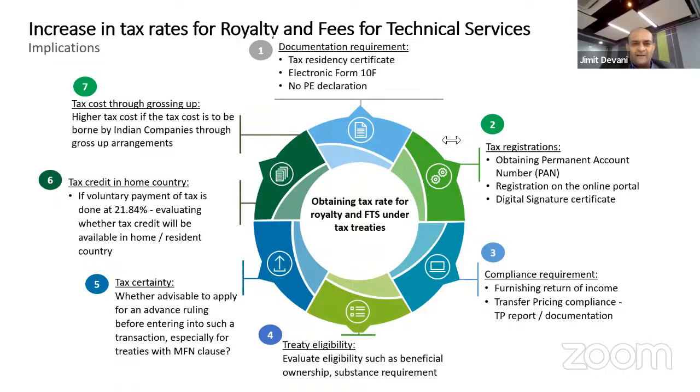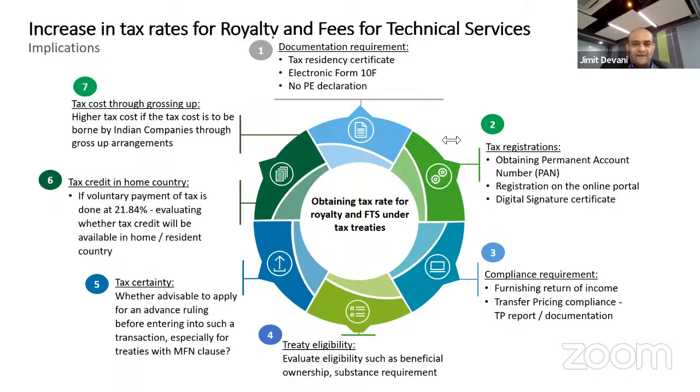Why is the grossing up of payment done by the Indian company instead of the foreign company? Because it's a commercial thing. Foreigners are in a bargaining position. They will say, I don't mind rendering you services, but I need my full payment. I don't want to pay any taxes in India. If there are any taxes in India, the Indian company will have to bear them. And commercially, the Indian company, because they are in need of those services, because maybe there is a monopoly, agrees to such clauses in the agreement.